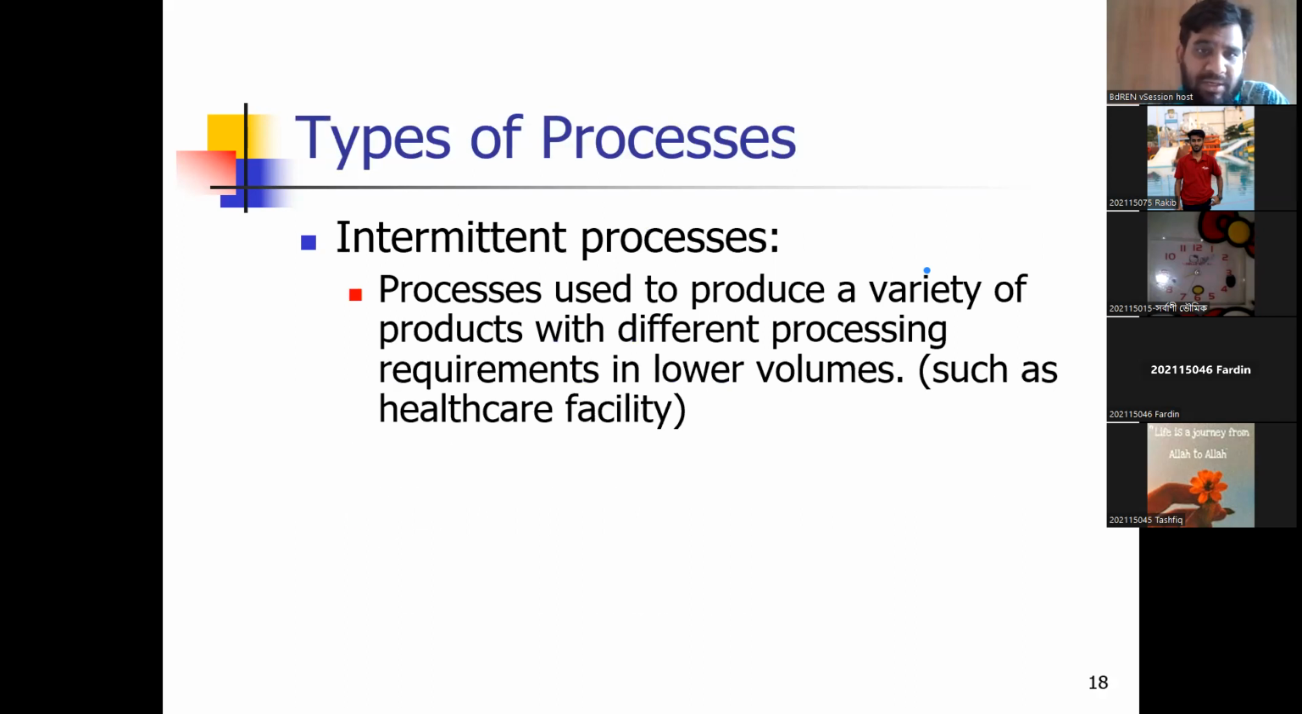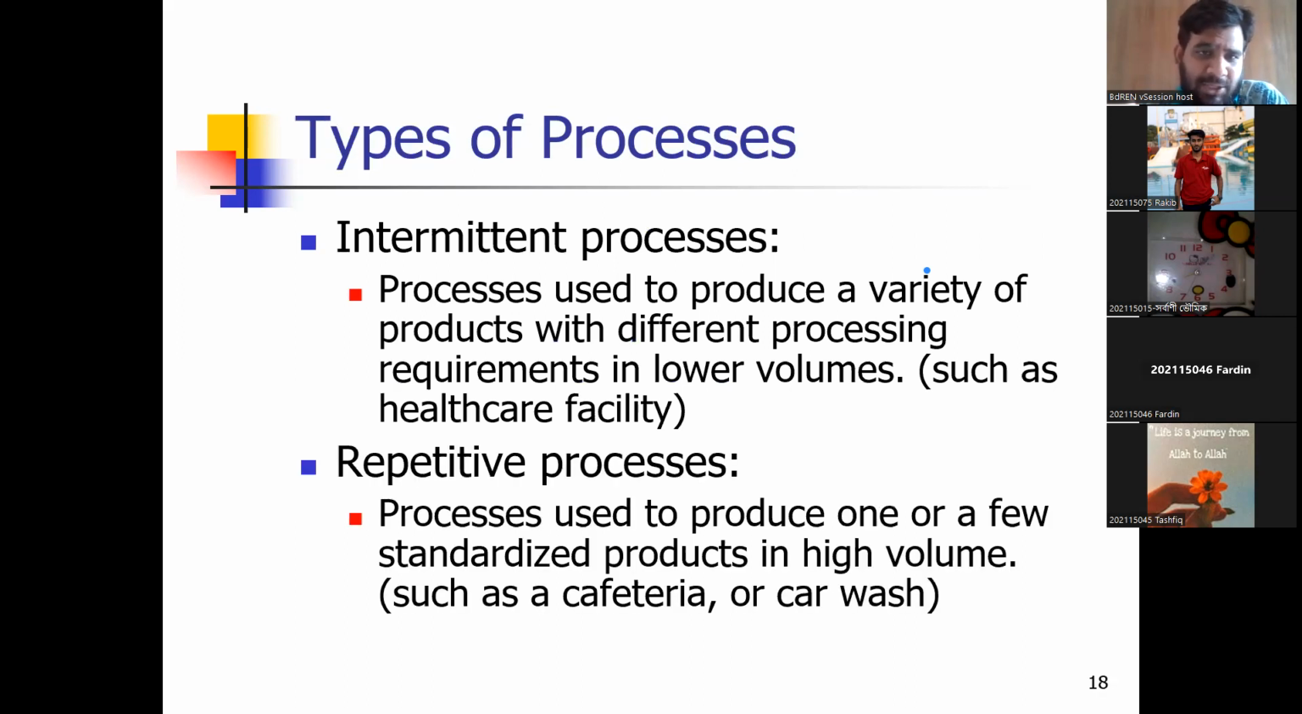We have already discussed two processes. One is the standard operating procedure or repetitive process, and another is intermittent or job order process. What is intermittent? Job order process, also known as intermittent process. Batch. You will produce the product in batches. Intermittent, batch process, job order process is used to produce a variety of products with different processing requirements in lower volumes,